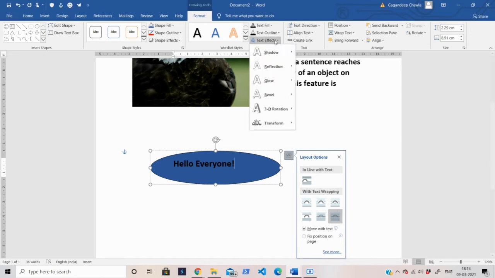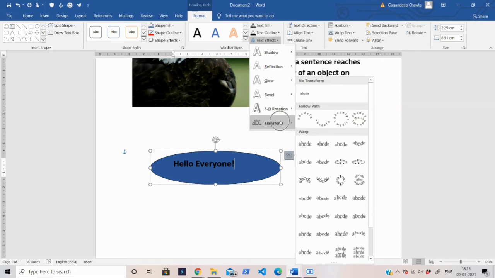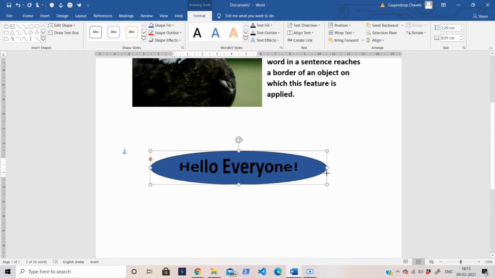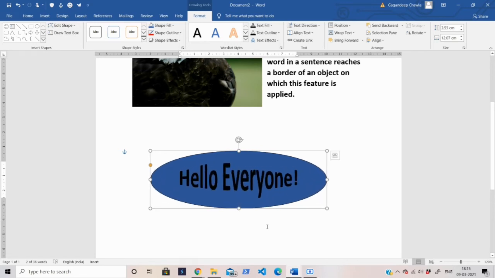Click on the text effects option, then click on this transform option, okay, in the last, and then select how you want to change the shape. Okay, suppose you want this or like this, okay, round. Okay, so this is how you can change the shape of the text inside a text box.